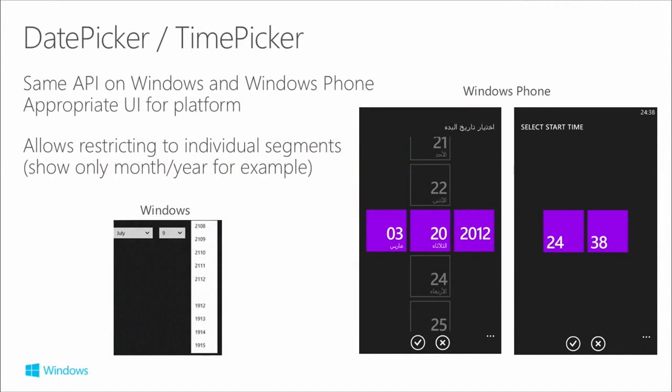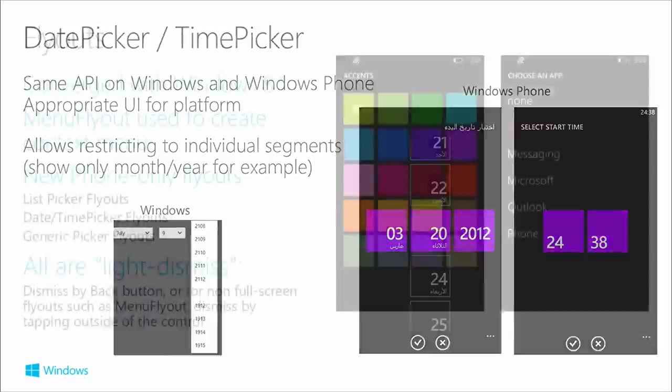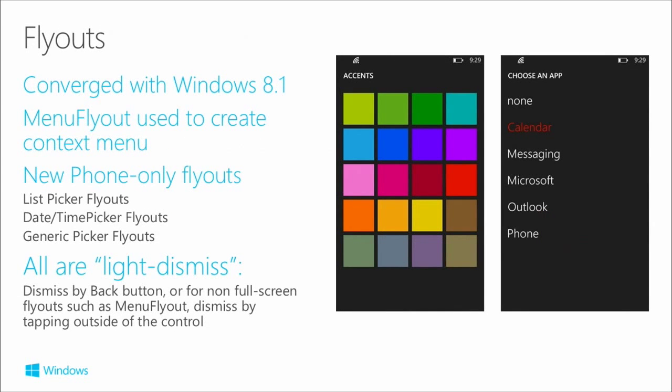These optimized controls, right, the date picker, time picker. So these are the same API on both Windows and Windows Phone, but they actually render differently, and they're very flexible as well. We've also got this thing called flyouts, and I want to call these out. So these are built into a lot of the controls in any case, such as the list picker and this sort of thing. And these also are optimized in the sense that on big Windows, they might just give you a drop-down box. Whereas on Windows Phone, typically when you get over five items, it will go full screen on you. So an example, choose an app over there, and there is a flyout that has gone full screen on you.